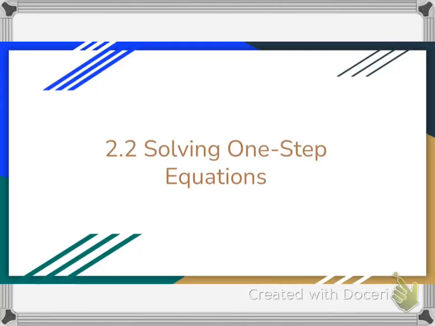2.2. Solving one-step equations. We'll get to multi-step equations, but it's good to take some time and just focus on one-step equations. Why do you think they're called one-step equations? It just takes one step to solve them. Okay? So, when we're solving equations,